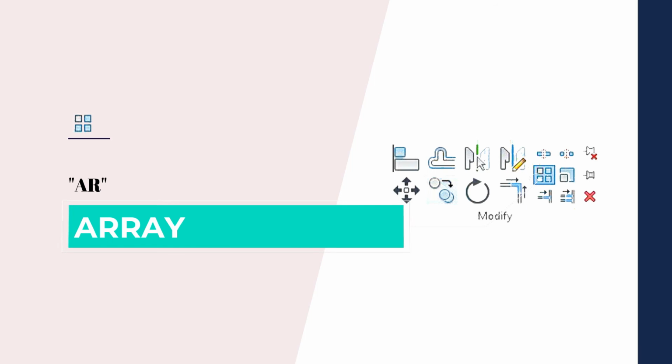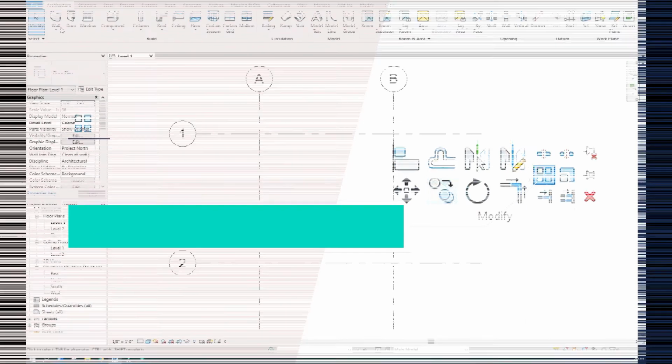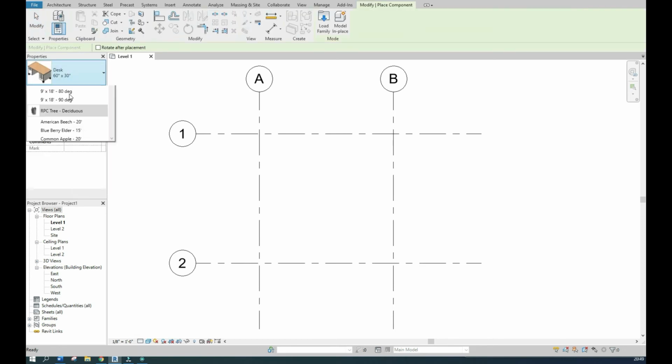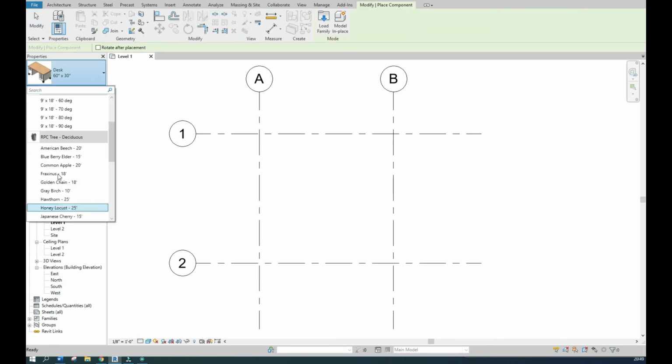Array. This tool basically helps in creating an array of linear or radial elements. You can create several instances of one or more elements.